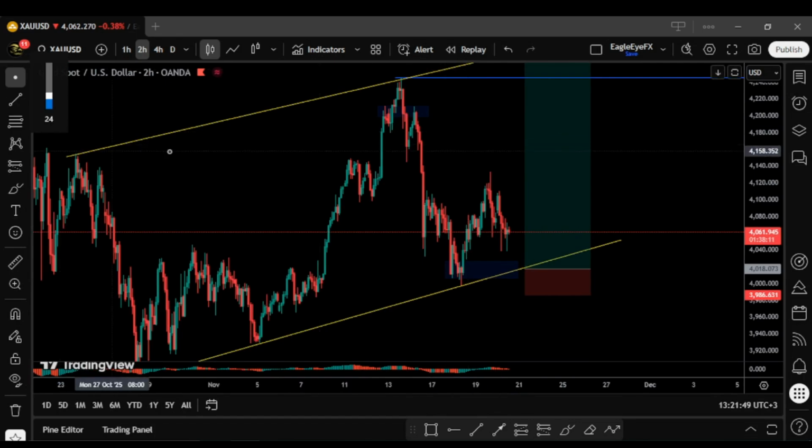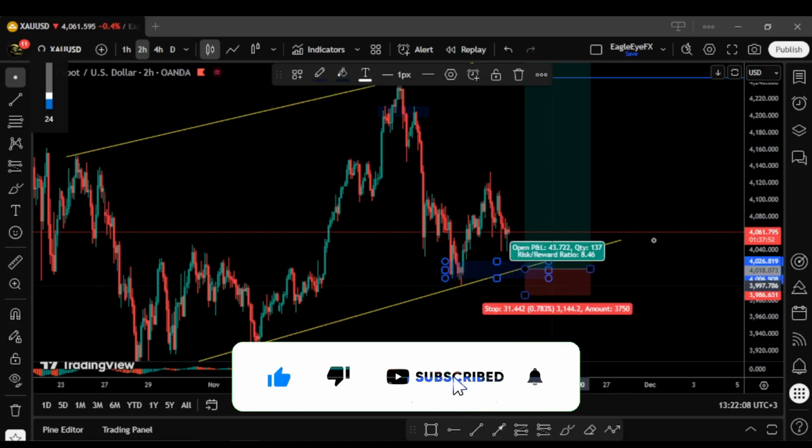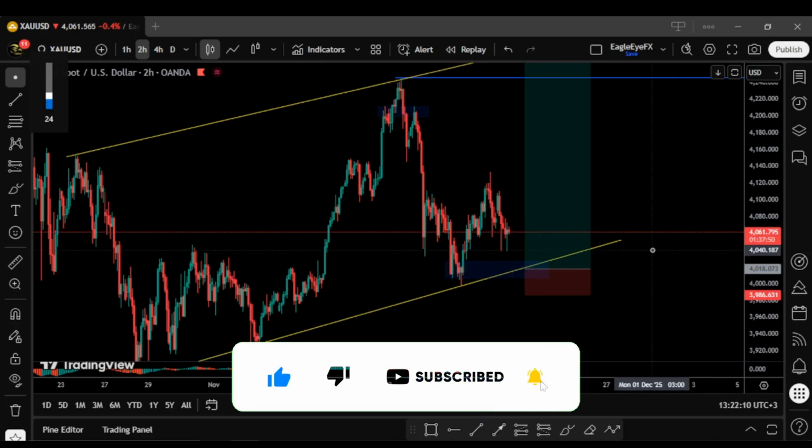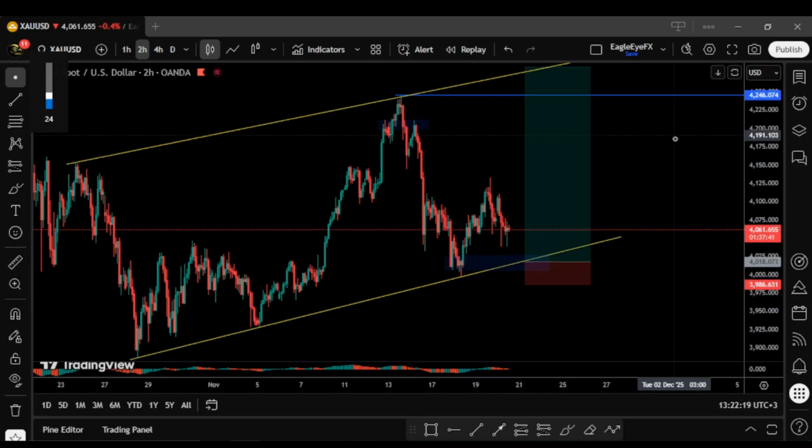You want to, first of all, look for market direction. Once you get the market direction, then you want to find your QM pattern. Once you get your QM pattern, you want to look for your divergence. Once you get your divergence, then what do you do? You just wait for the market to come to the zone of your entry. Once it's there, you find your confirmation. I have my own personal confirmation that I teach my students in my community, which I use. Then once you get your confirmation, you enter, you place your stop loss,